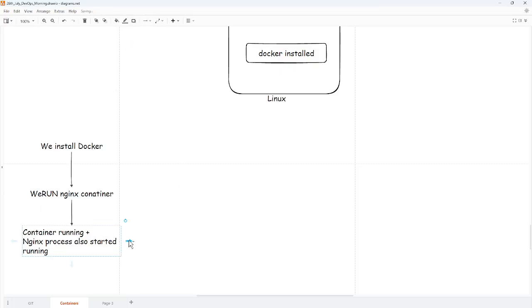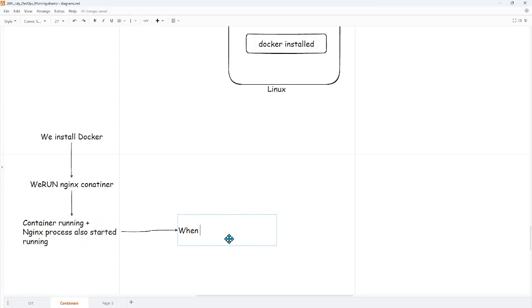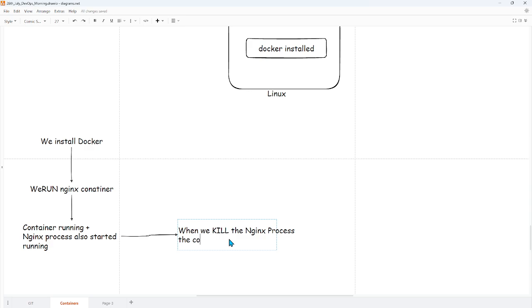And after that, when we killed the nginx process, the container also got killed. Is this correct? Right? This is what happens.